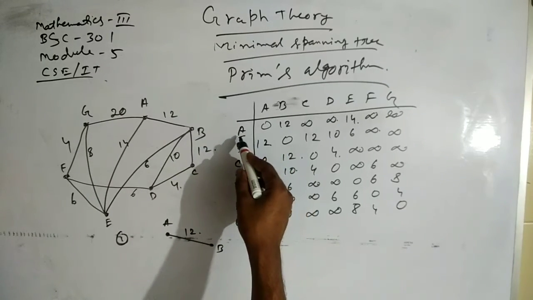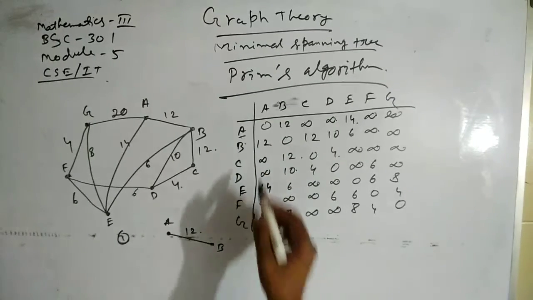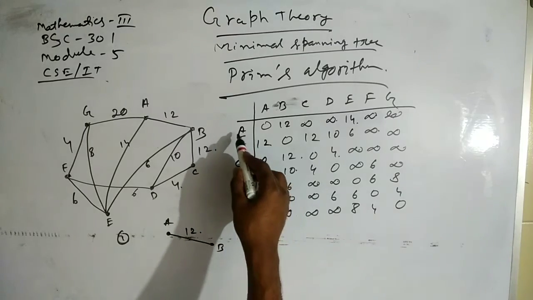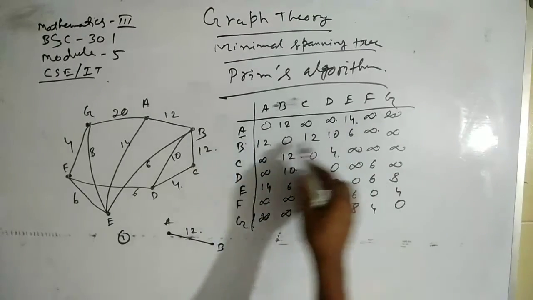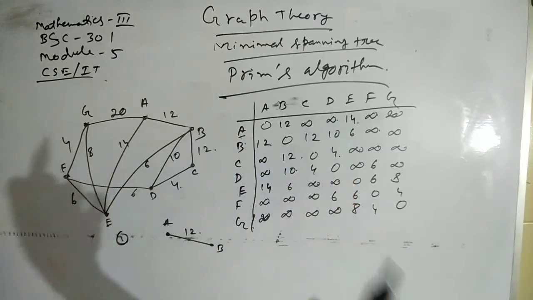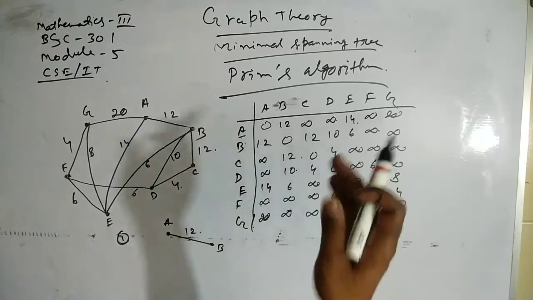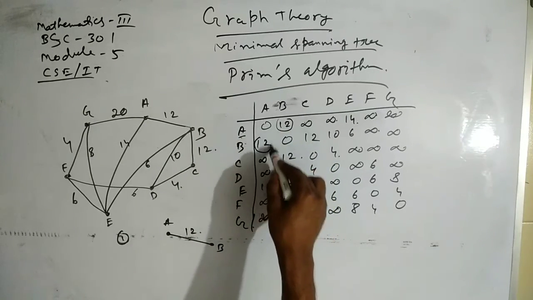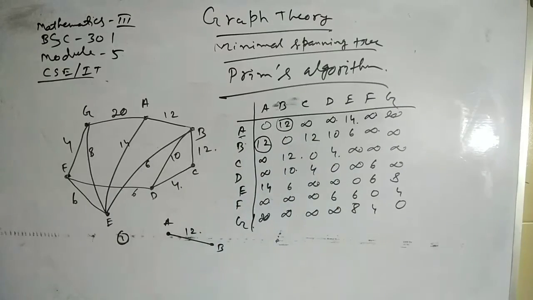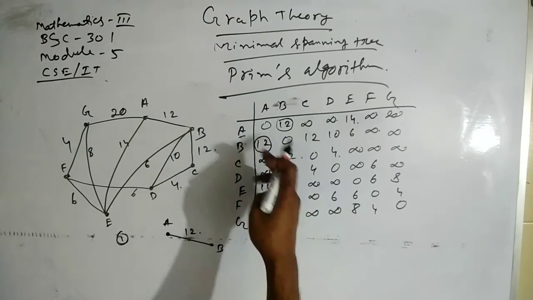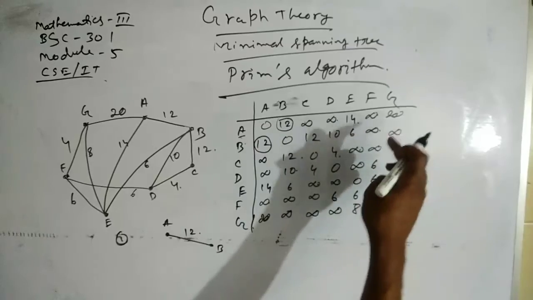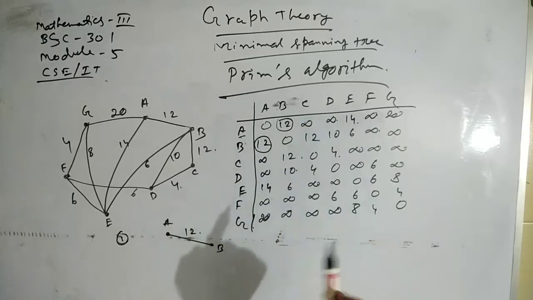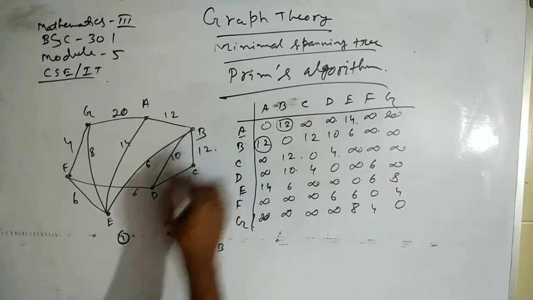Next, in the previous step you chose the first vertex, then you got a new vertex B. Now you have to choose these two rows, A and B, and choose the minimum weight in these two rows. Since these 12s, A to B and B to A, have been drawn, mark this. Now without this 12, choose the minimum weight in these two rows. So 6 is minimum, that is B to E. So B to E we have to draw.